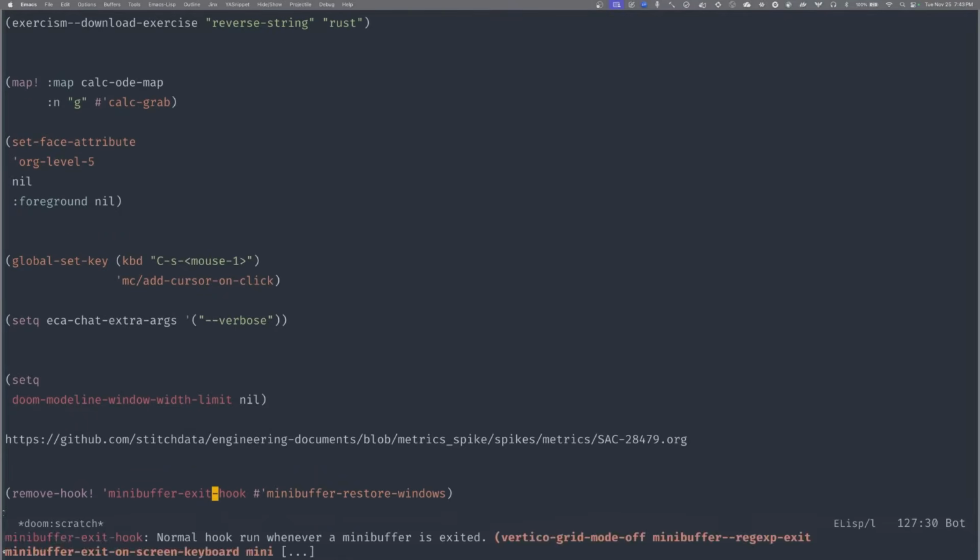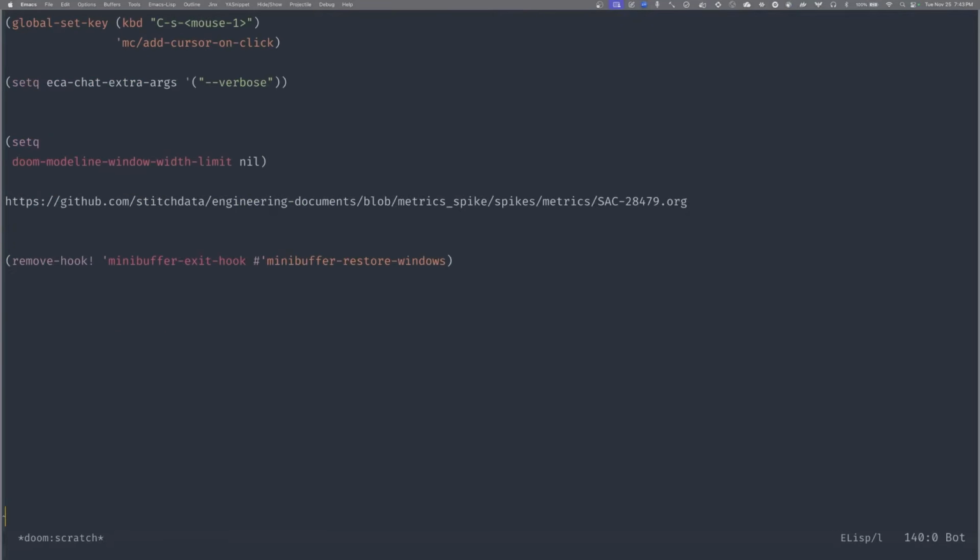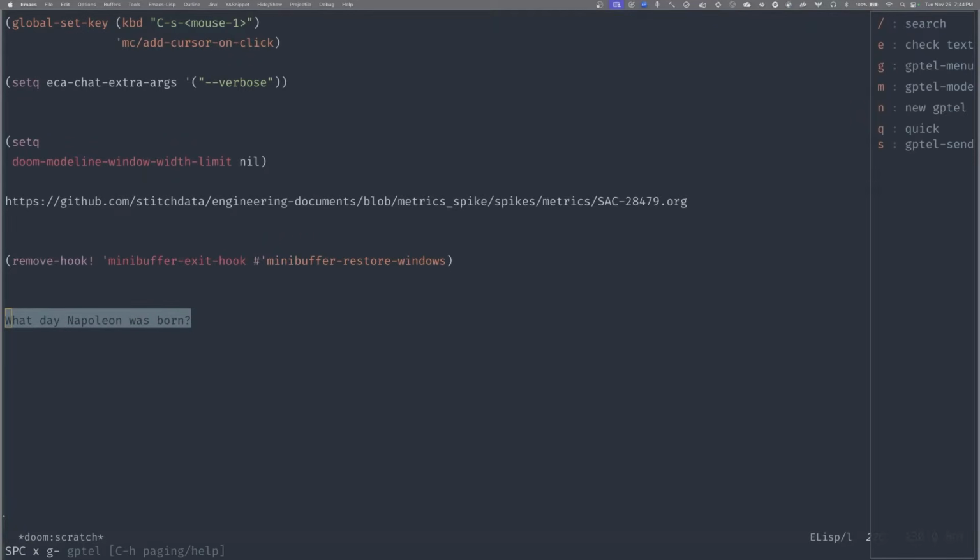this is my scratch buffer with a bunch of my experimentation, and you can just start typing what day Napoleon was born or something, right? And if I do send gptel right now, it's going to just use the classic gptel thing.